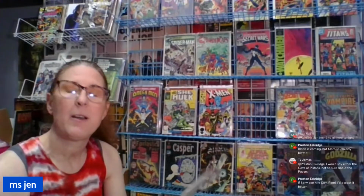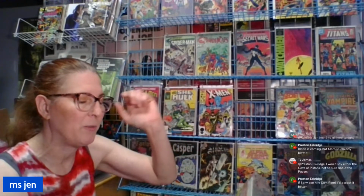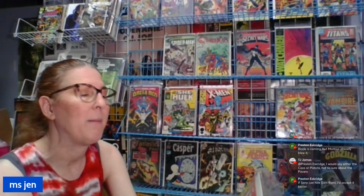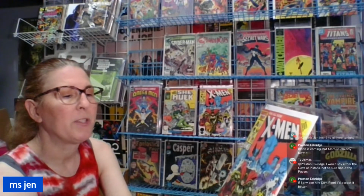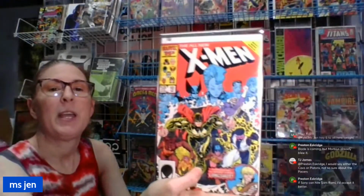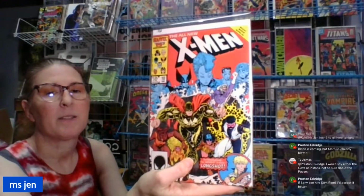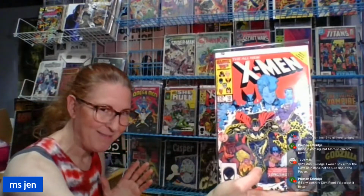All right, another key that you can buy and set away, because this guy was real obsessed with it. It has a bunch of minty copies. This is All-New X-Men number 10. It is the first appearance of Longshot, and I have them for just $10. The perfect thing to stash away, because it's a long shot that we're going to see him in a movie, but see...